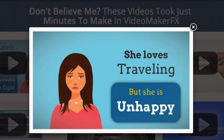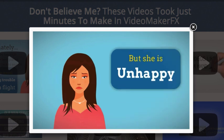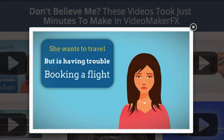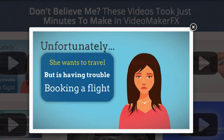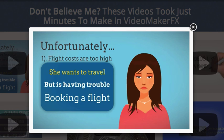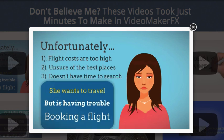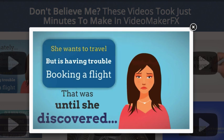Anna loves traveling, but she's unhappy, right? She wants to travel, but she's having trouble booking a flight. Unfortunately, flights cost too high. She's unsure what the best places to go are, and she doesn't have time to search until she discovered